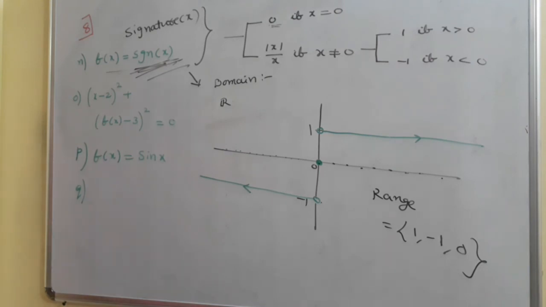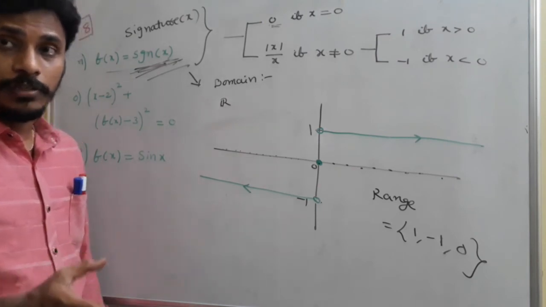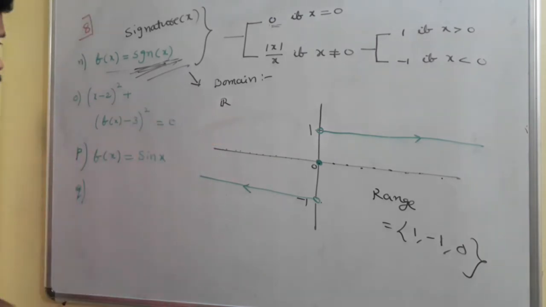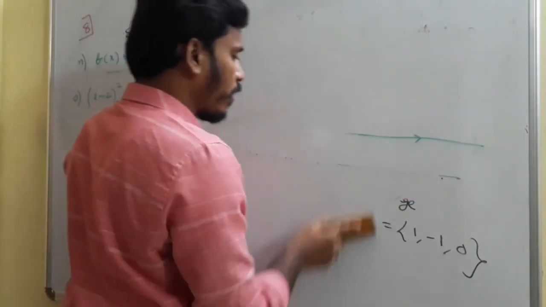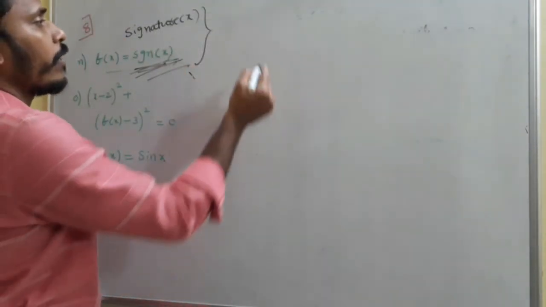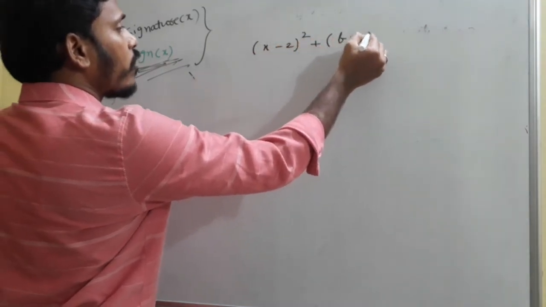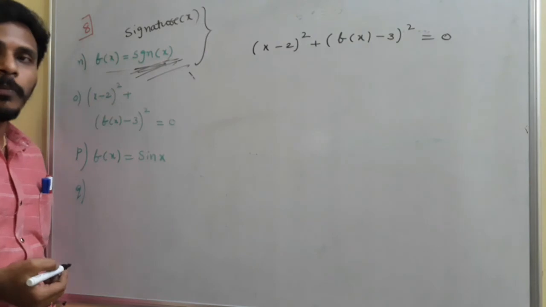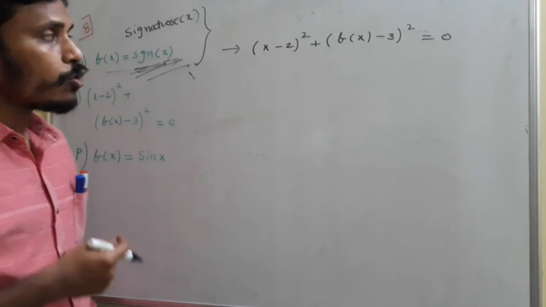We are discussing domain and range and the sketch of the graph for the basic standard functions. Among those, we started with A, B, C, D, E, F, G, H, I, J, K, L, like that, and now we are at O. You just think about it, O is somewhat a special function. There is no direct relation between x and f of x, but x and f of x are connected with this particular relation: (x minus 2) whole square plus (f of x minus 3) whole square equals 0. So if this is the graph, what do you say about the domain and the range?